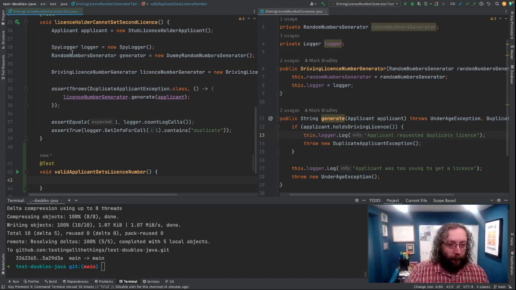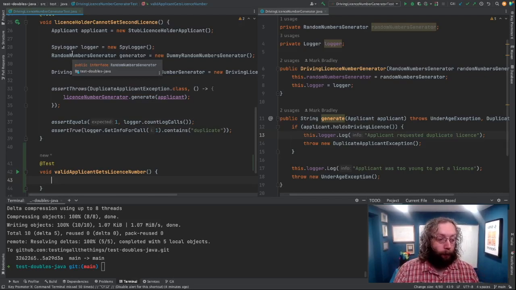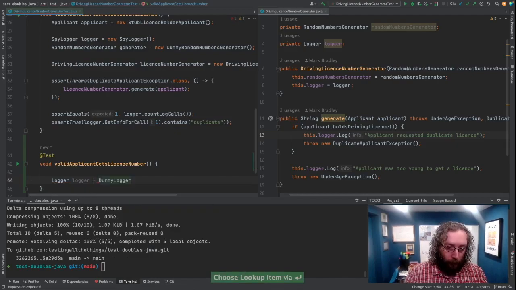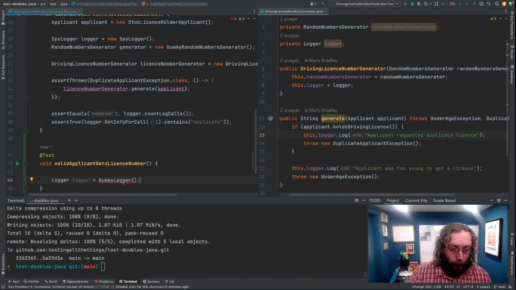Let's start with some of our simple setup. For the happy path case, we don't want any specific logging to occur. We're not interested in the logging, so we can go back. Instead of using our spy logger, we can use our dummy logger. So we can go logger equals new dummy logger. We're not interested in what happens during the logging at this point. Here we are. So if we copy this line,